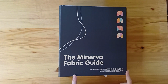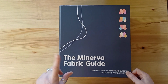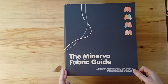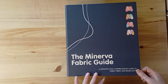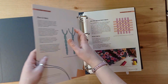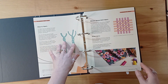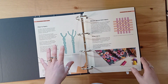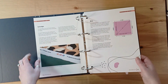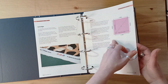This is the Minerva fabric guide. You can go and check this out on our YouTube channel where you'll see both Vicky and me take a little walkthrough of the guide for you. There's lots of extra information there, but a quick look for you now. The folder starts with some information about how fabrics are made, how the fibres are put together, how knit fabrics and woven fabrics compare and how they're different. You'll find information about pieces of fabric, the selvage, where the bias is,